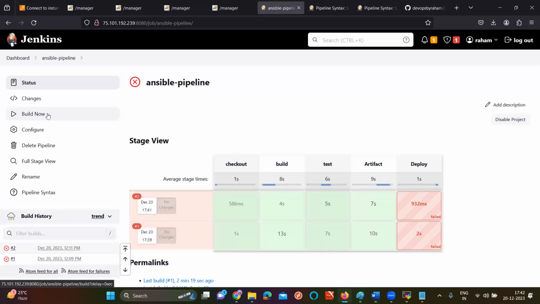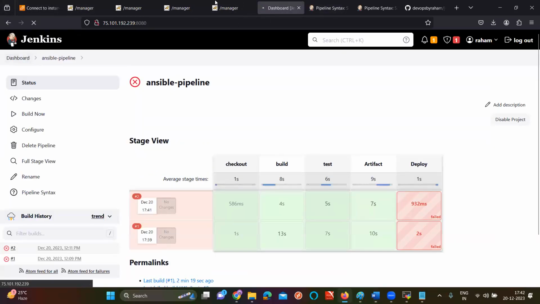What is happening here? Again, fail. First thing you need to understand is, sorry, whenever you are deploying the application on Tomcat, what is the first thing you want to do here? Deploy to container plugin. You want to download it or not, sir? Have you downloaded that one? No. So go for your